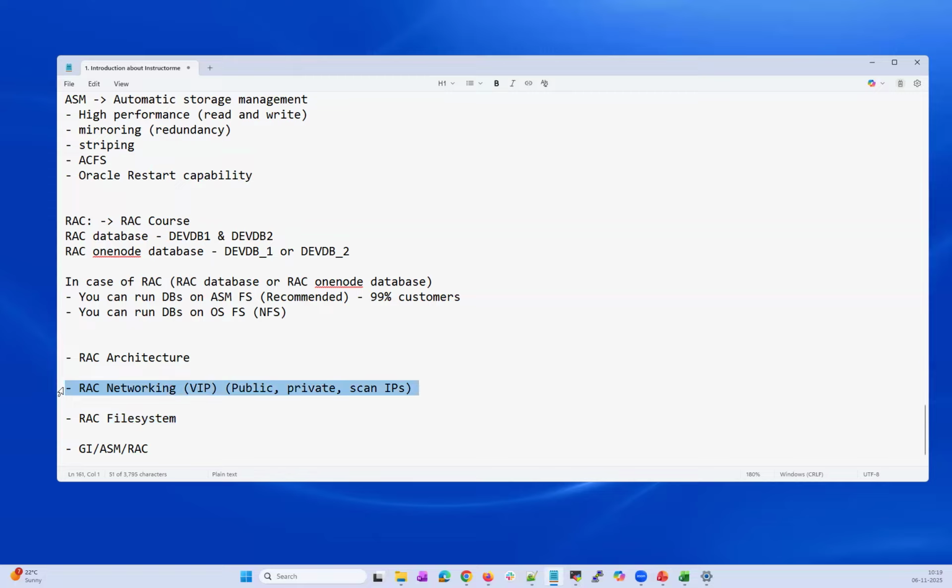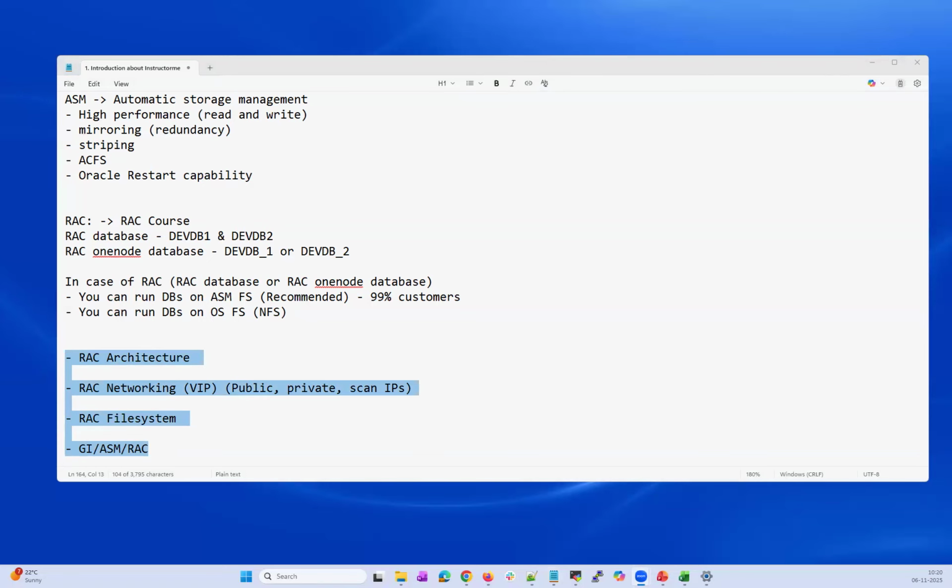In networking, your VIPs, SCAN IPs, public IPs, private IPs, management IPs, how many IPs are needed to set up a 2 node RAC, 3 node RAC, how they will communicate with each other, and the RAC services and RAC architecture. Let me explore more in tomorrow's session.